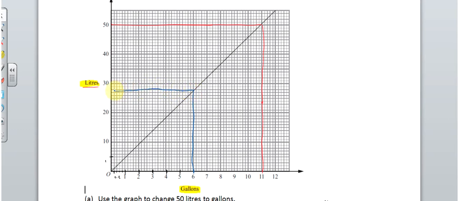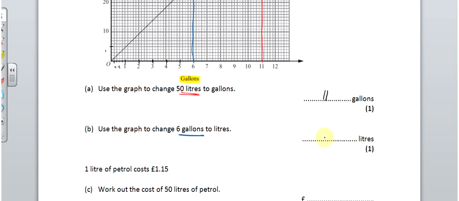Now, to me, that's in between those two there. So now I've got to be careful. This is a bit more tricky to read off. So 20 and 30, 21, 22, 23, 24, 25, 26, 27. I'm going to go for 27 and a half. Now, there will be a bit of a range. They will accept a range of values because they know that people are going to read it. But try and be as exact as you can. Now,